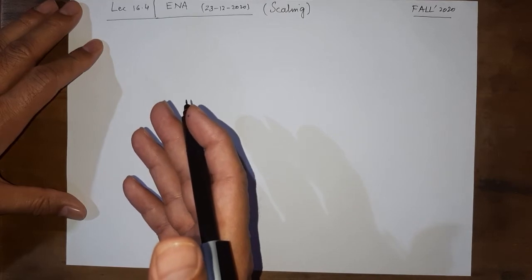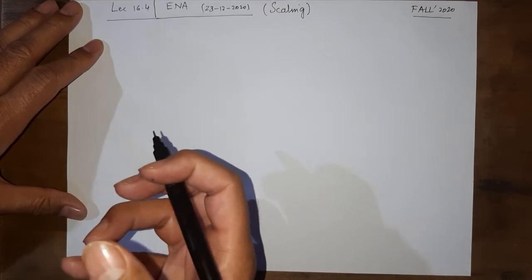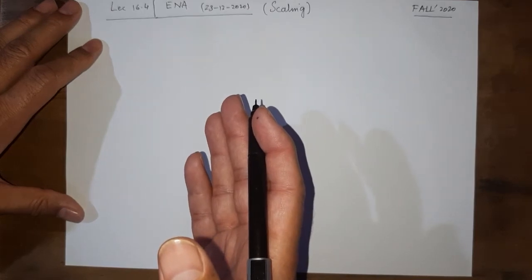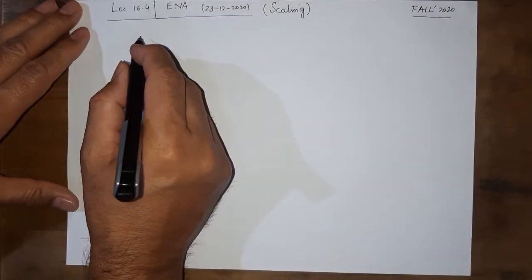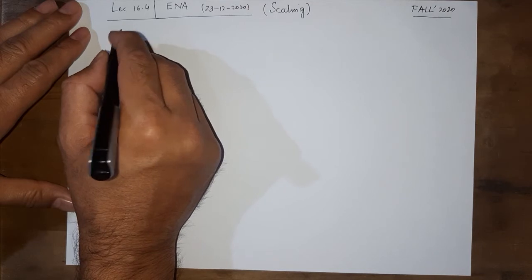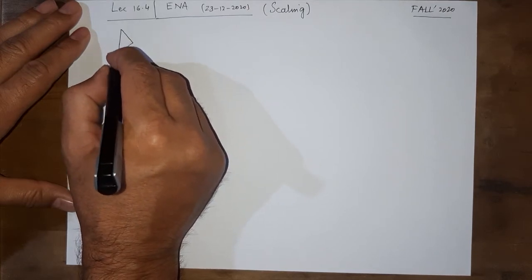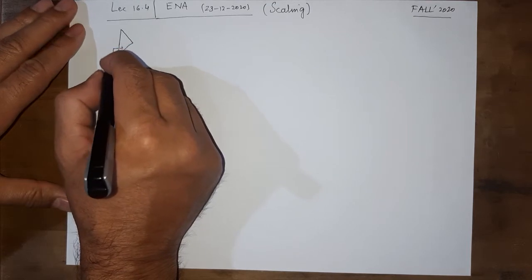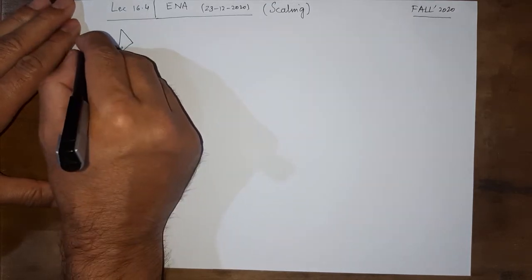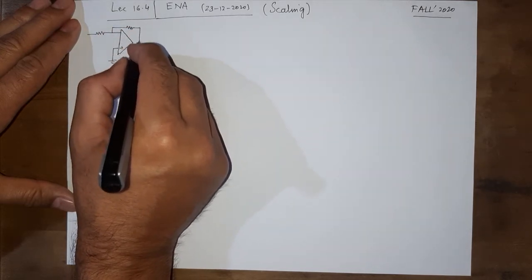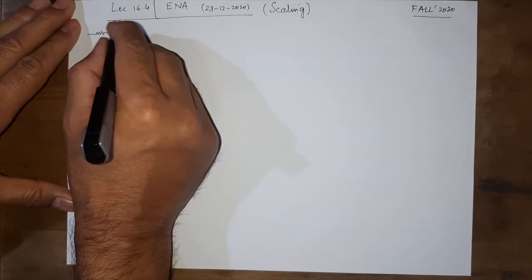when we come across practical values of the components that we are using, then scaling becomes very helpful. So for example, let me give you an idea why scaling is needed. In theory, we usually come up with values that are not very practical to use. For example, I'm taking the example of a low pass filter.